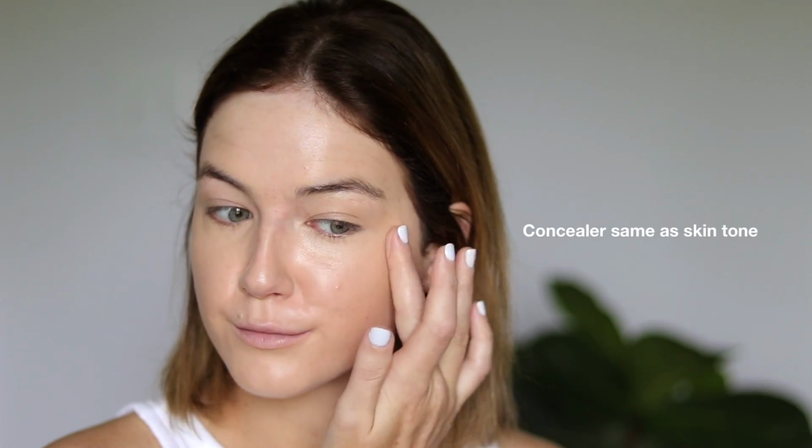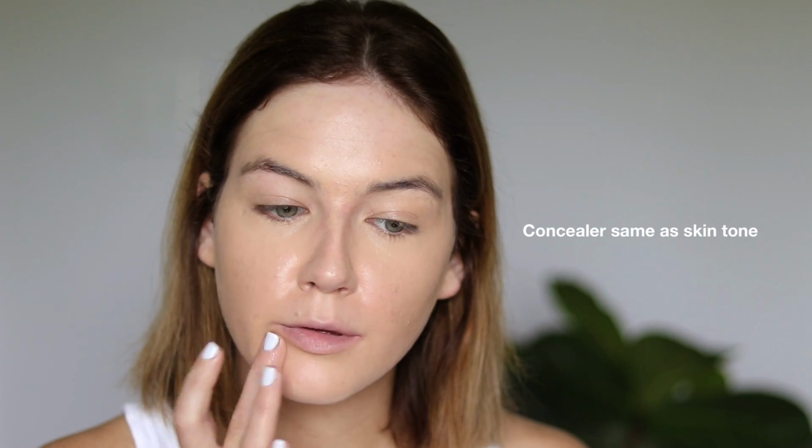I do agree with that, okay, if done in the right way, but I feel like it's still being done in the sense that a lot of people are being told, you need to buy a concealer that's 2 to 3 shades lighter than your skin tone. If you are concerned about brightening that under eye area, half a shade is perfectly fine. It's still going to add brightness to your under eye. So just understanding you do not have to go in with a super bright or super light concealer to highlight